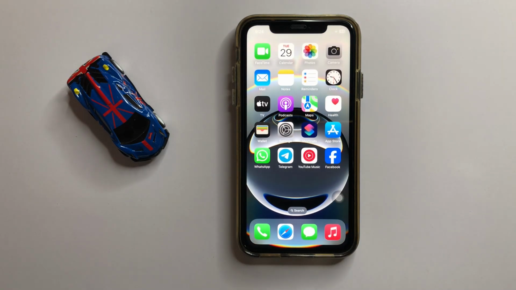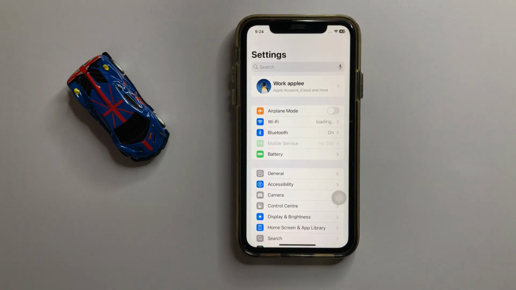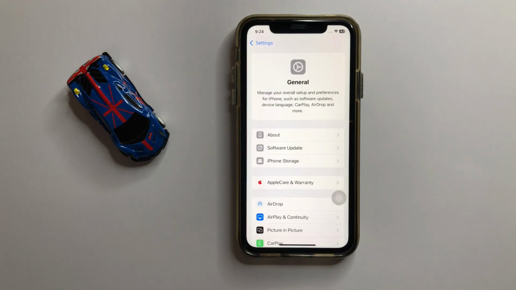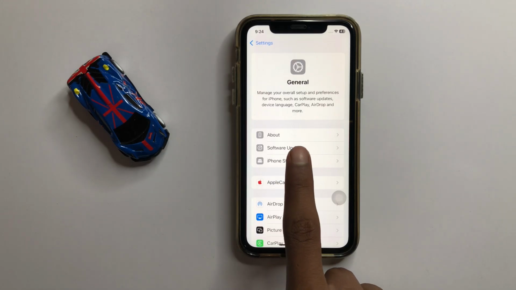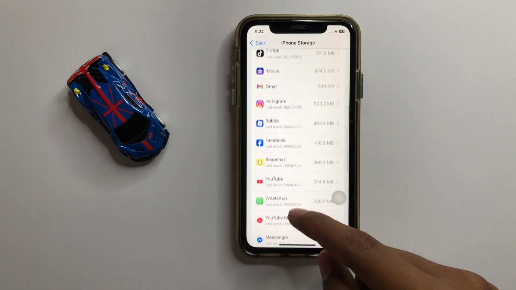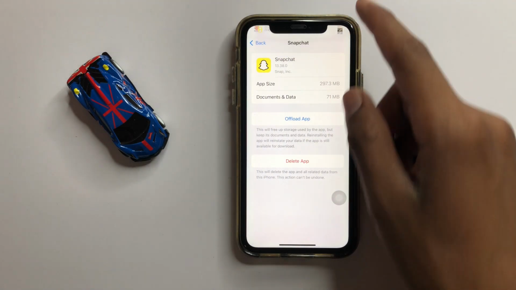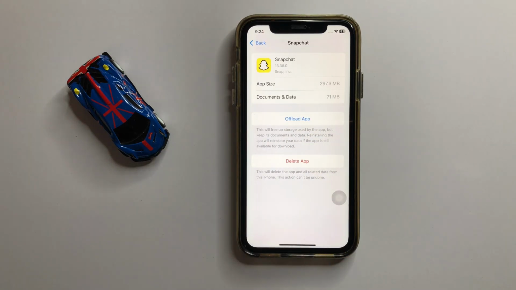If it doesn't fix your problem, the last solution is to open your settings, click on General and then click on iPhone Storage. Now scroll down and find Snapchat. Now click on it. Now here you can offload your Snapchat app and reinstall it. After doing these steps, your problem will be